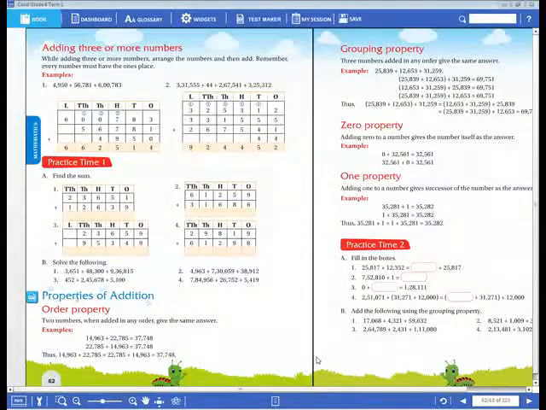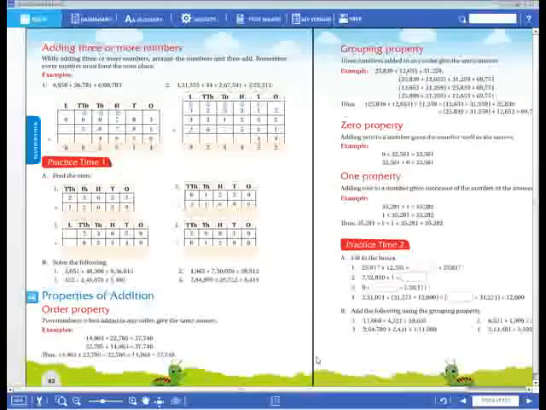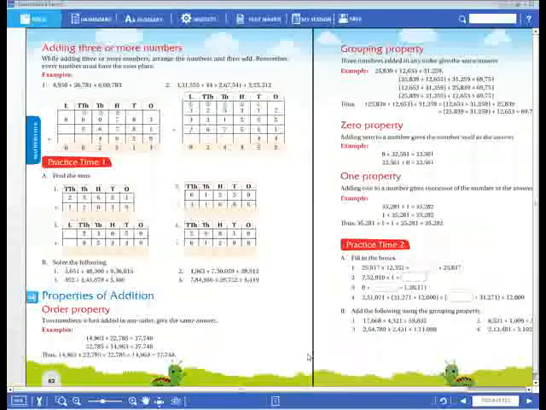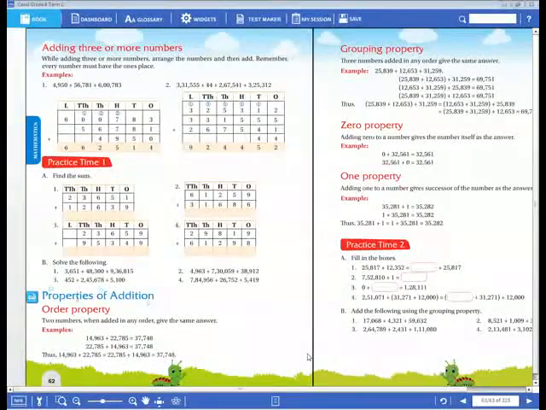Mokshit, you have to collect your textbooks from the Sankalpan branch. Okay. Now next, how many properties are there here? 4 properties are there. Note down here in your notebook, dear children. Properties of addition. Okay. Properties of addition. Children who do not have the textbooks, please come and collect them from your campus. Okay.